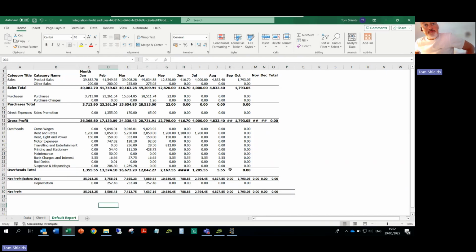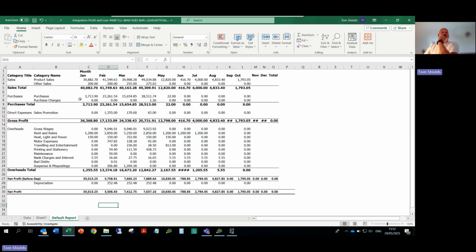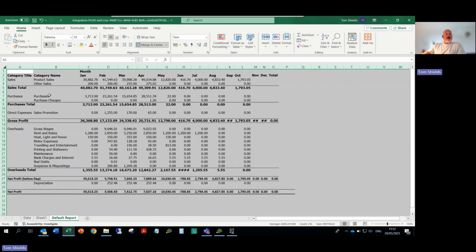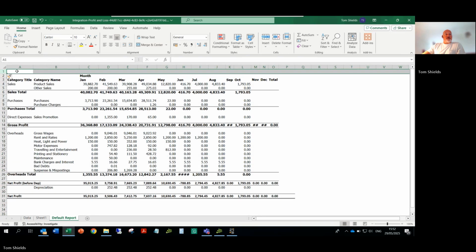Okay, so we've moved from the raw data, which was our original default report, and we've now got a more formatted presentation of the data. It's more a true P&L report, and we can do things, we can insert, and so